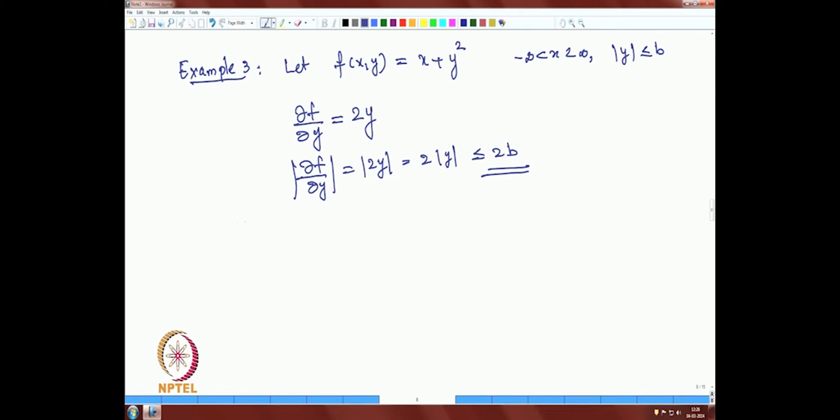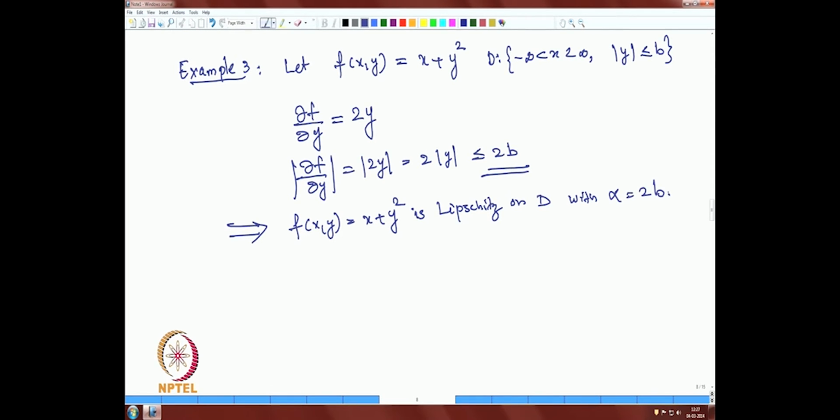So this implies that f of x, y given by x plus y square is Lipschitz on, if we say this is a domain, if domain D is given by this, on the domain D with alpha equal to 2b. And at this junction,